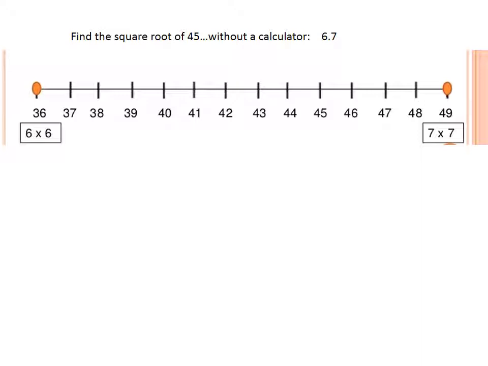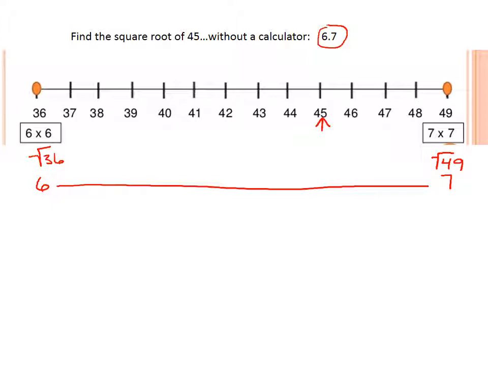Okay, so now we're going to find the square root of 45. We're just going to approximate. This is just a guess, not exact, without a calculator. So I've already given you the answer. It's approximately 6.7. And you're probably wondering, how did I get that? Well, here's 45, right? The square root of it is going to give you a number between 6 and 7 because the square root of 36 is 6, and the square root of 49 is 7. So between these two whole numbers,